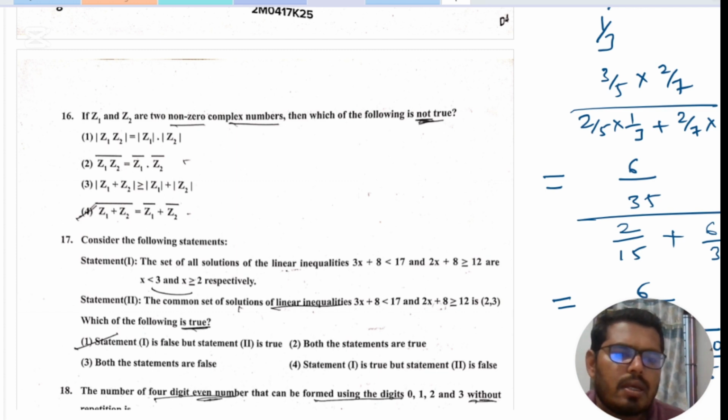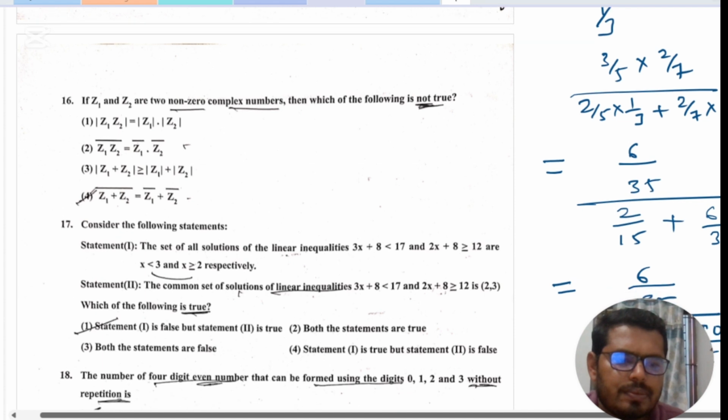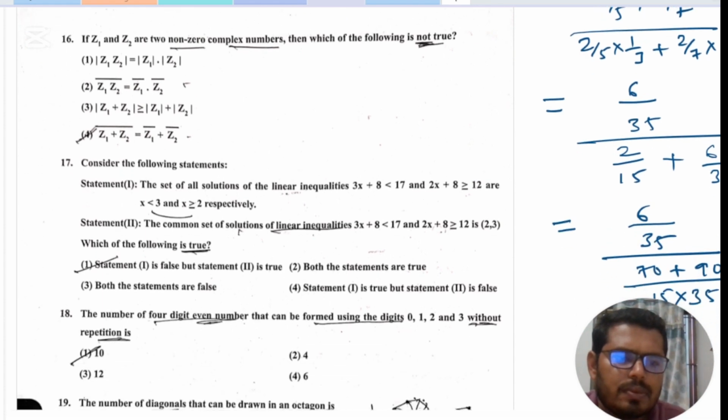Okay, next, that is equal to 6 by 35 into 15 into 35 whole divided by 160. The 35 gets cancelled here. Then